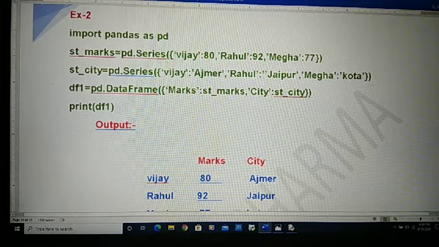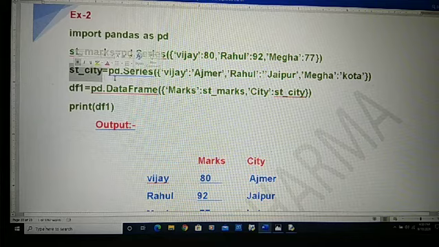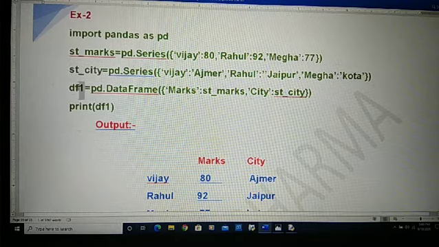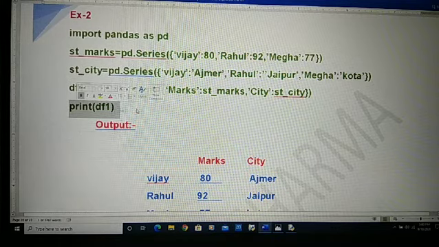And next for city we create a key city and that contains your st_city values. The st_city variable contains Ajmer, Jaipur and Kota. Is it clear? Then we assign this data frame to the variable df1 and we will print df1.